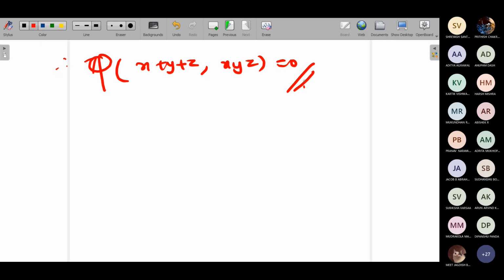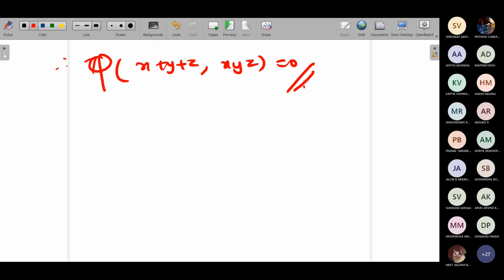But suppose, for this problem, you have taken 1, 1, 1 as multipliers. If you take -1, -1, -1 also, you'll get the multiplier, but again the answer will be x, y, z, which is not acceptable here. Same answer here. So you should choose the multipliers in such a way that you get a different v. That is one important thing. Okay, we'll solve one more problem.